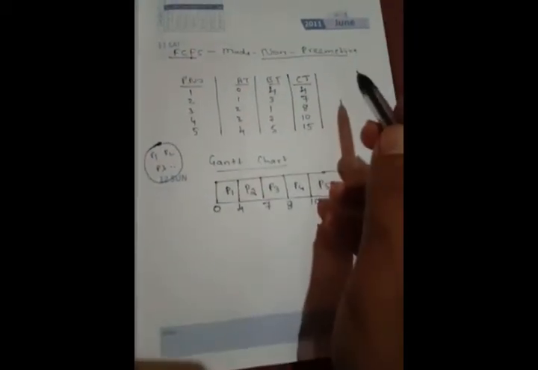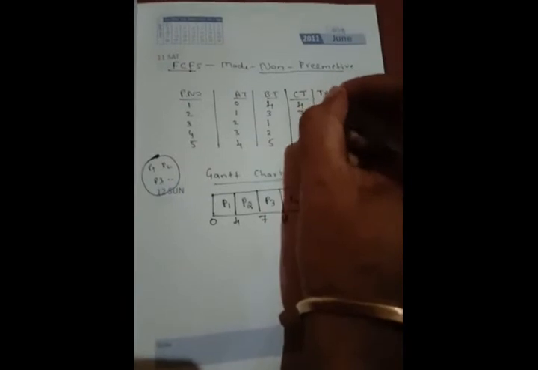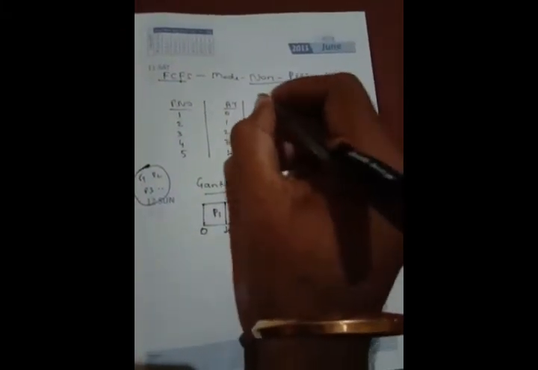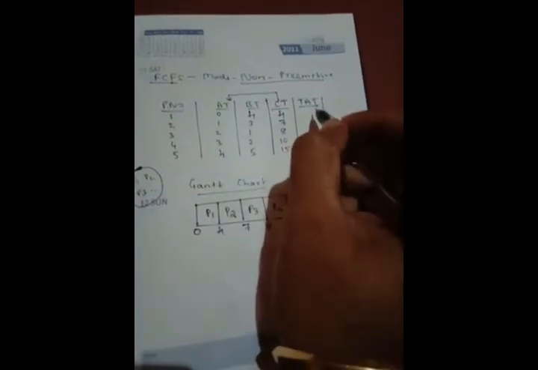Now once we get this much data, we can calculate TAT, or turnaround time. I have given a formula to calculate turnaround time in a previous slide. You can go through it and check. It is nothing but CT minus AT, correct? Completion time minus arrival time. The difference between CT and AT will give the TAT, or turnaround time. Fine. So what is the difference? 4, 7 minus 1, 6, 8 minus 2, 6, 10 minus 3, 7, 15 minus 4, 11.